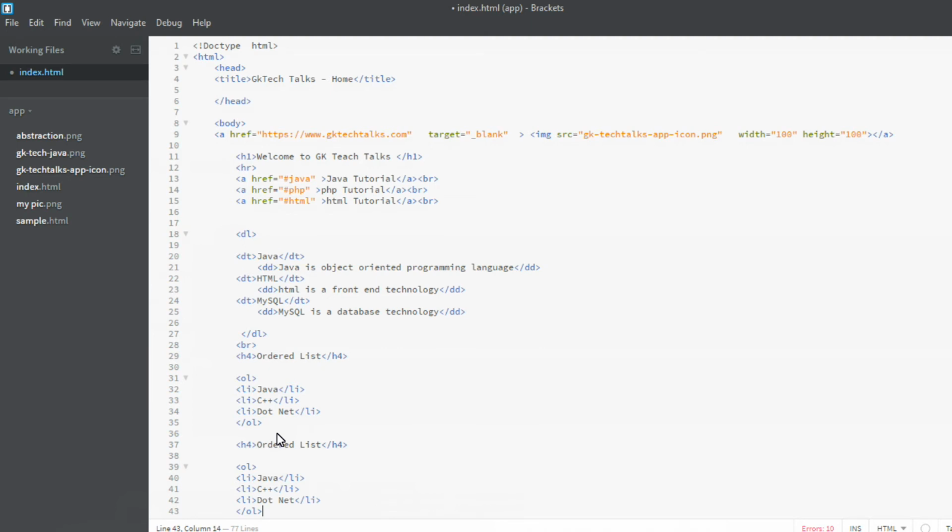People who already know all these tags, don't worry, we're going to build a responsive website in coming videos. These are basic things that will be helpful for beginners who want to start their journey in HTML.